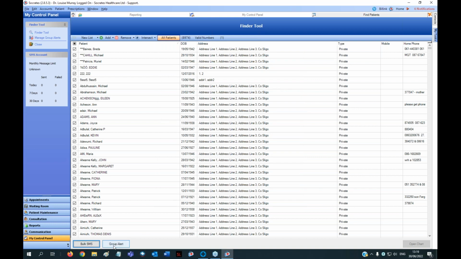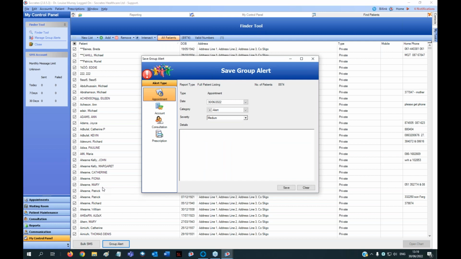You can also go group alert. So that will be, you can add in one of those alerts that I was showing you at the start, an appointment alert, a consultation alert, whatever it is. So let's just pretend whatever reason that you needed to bring this criteria in that we search for, we want to, I don't know, book an appointment in for them. So what you can do is go group alert. You want to put in an alert under their appointment alert to say they need an appointment. So you can go appointments, and I can go